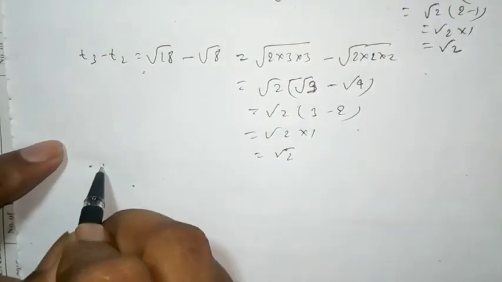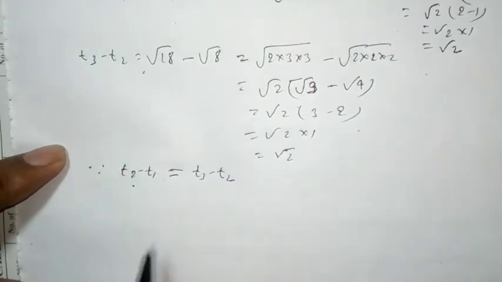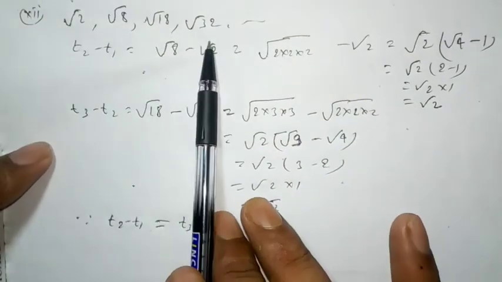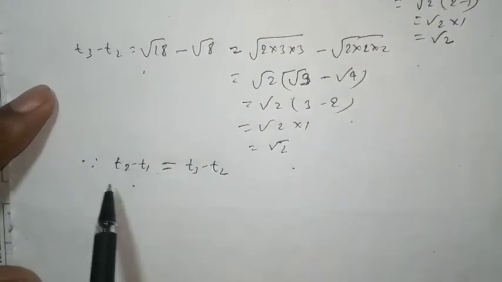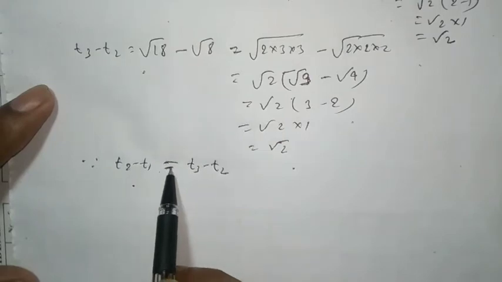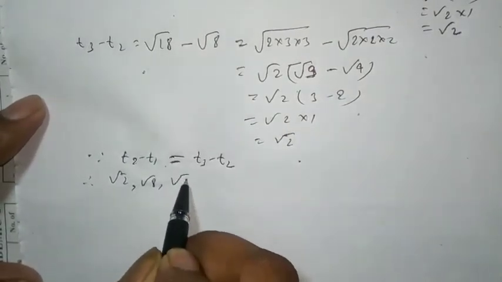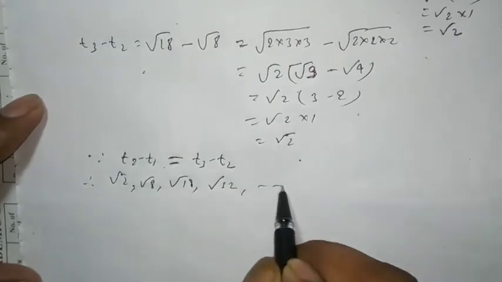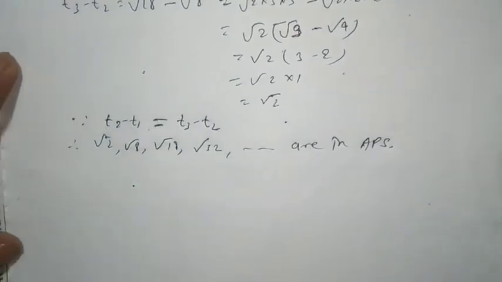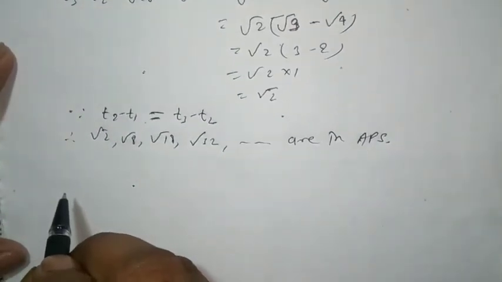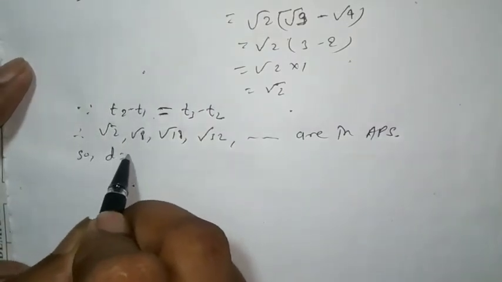Now because t2 minus t1 equals t3 minus t2, similarly we can also subtract t4 minus t3, then we get root under 2. So t2 minus t1 is equal to t3 minus t2, therefore root under 2, root under 8, root under 18, root under 32 dot dot dot are in AP. So d is equal to root under 2,